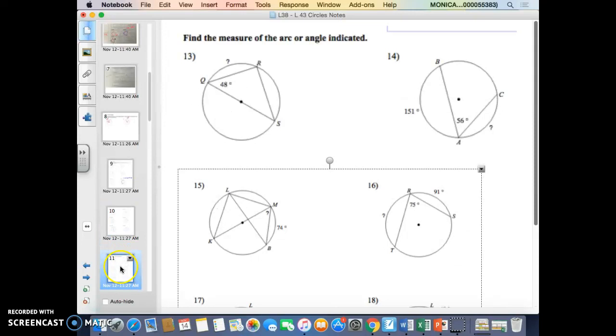So if this is 48, I'm going to extend this out. This is going to be 2 times 48, which is 96. Okay. And again, same thing here. If we're looking for this arc here, this is 56 degrees, so this is 56 times 2, which is 112. So now we know 51 and 112. So this